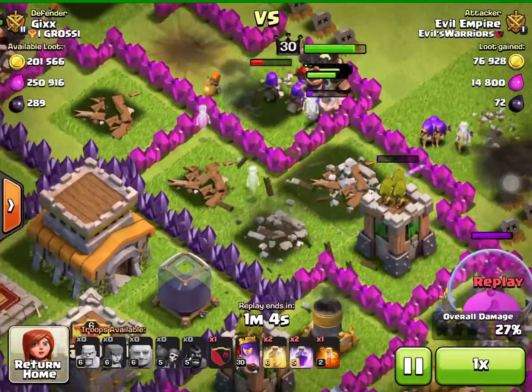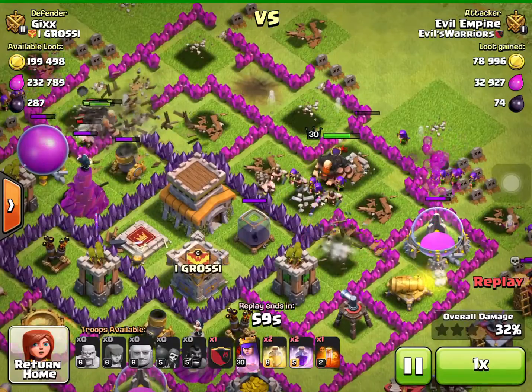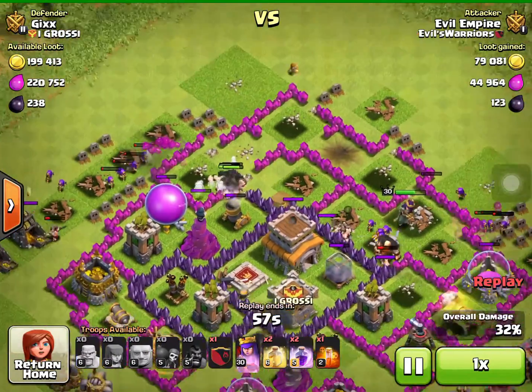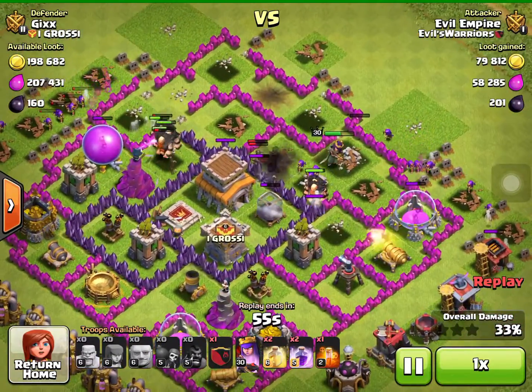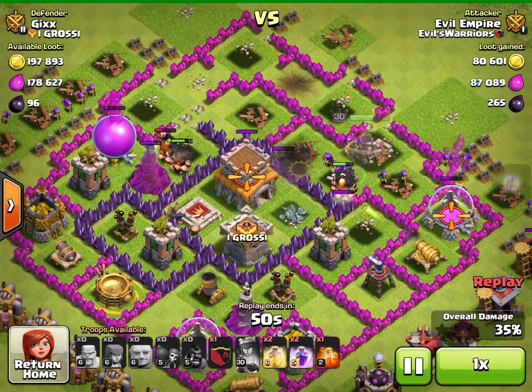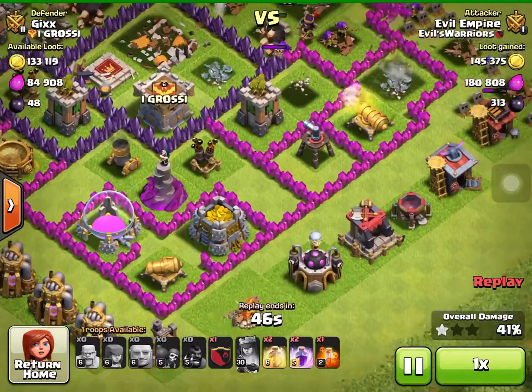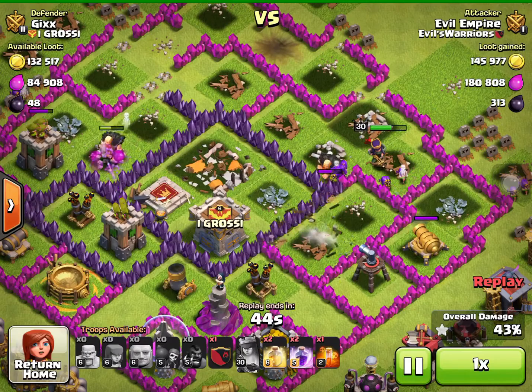Probably would have been the better option. I should have probably healed those hogs. Don't know why I didn't. Probably was just looking at another part of the base, I think. But, yeah, I probably should have used a Giant and 1 Wall Breaker, because not only it would have preserved our